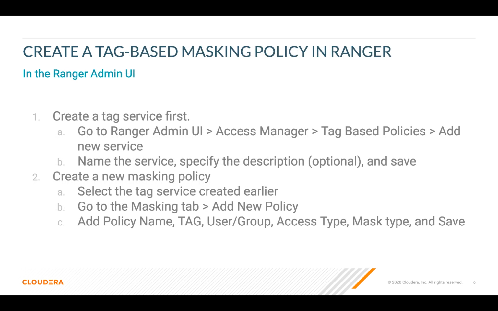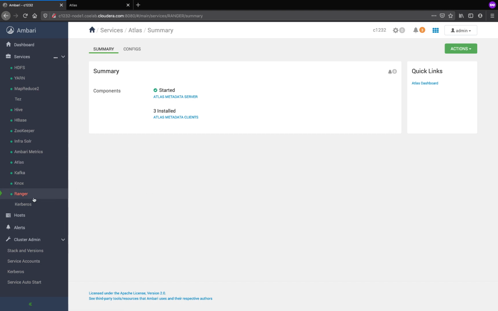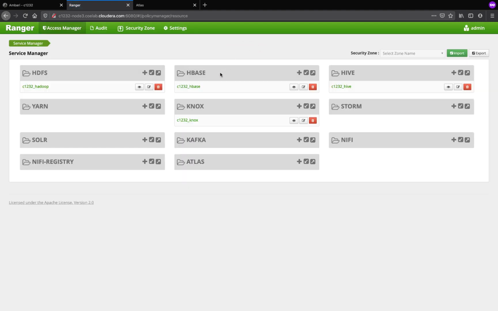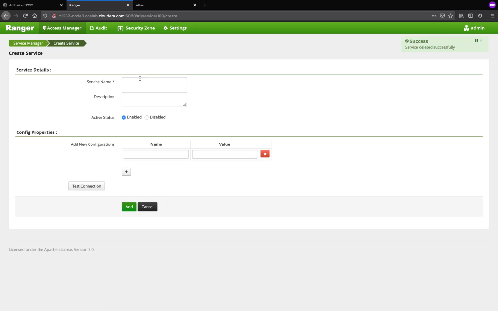Next, we will create a tag-based masking policy in Ranger. Let's go to Access Manager, tag-based policies, create a new service.